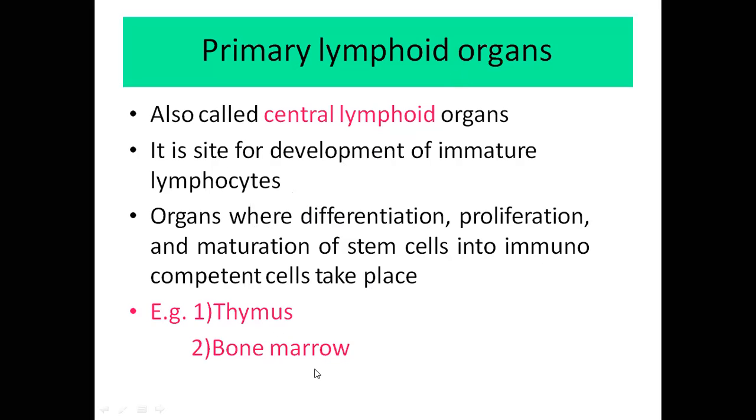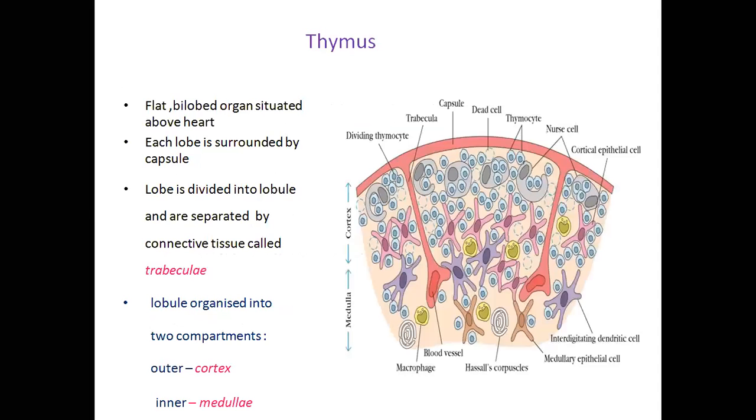That day I told you about T cells and B cells. I also told you how from the stem cells the lymphoid progenitor and myeloid progenitor cells develop. I hope you all remember these things. These cells develop from the thymus and the bone marrow, which come under the category of primary lymphoid organs.